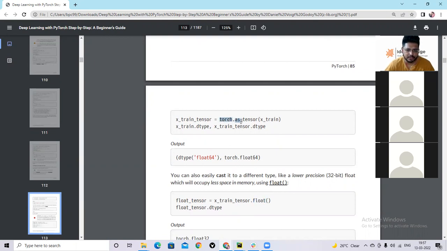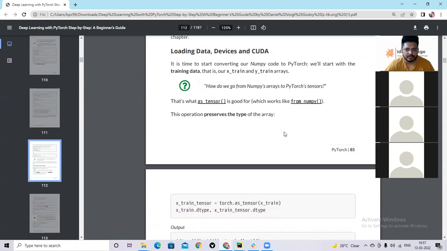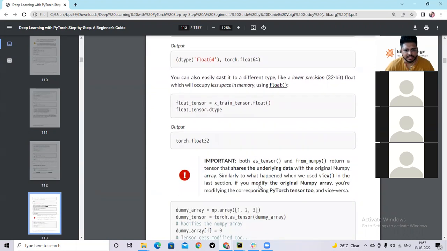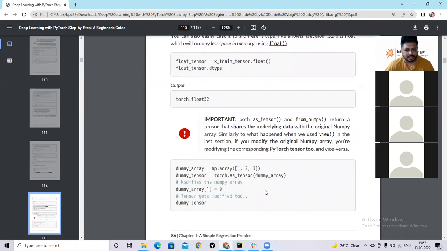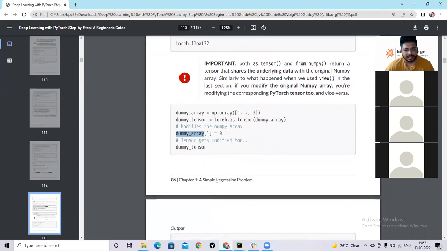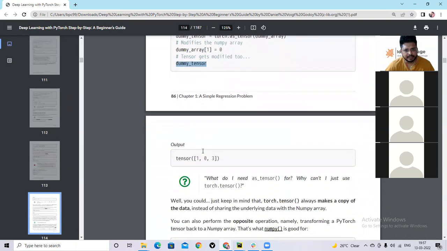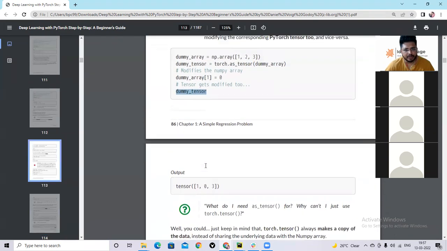Remember this API: torch.as_tensor. Like we have from_numpy, similarly here we have as_tensor. First, I created a NumPy array, then created the dummy tensor, changed the value of the dummy tensor, printed it, and got the output here.